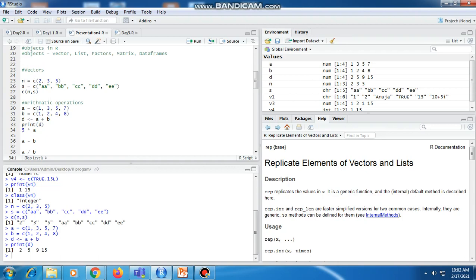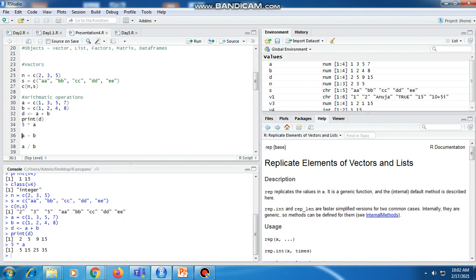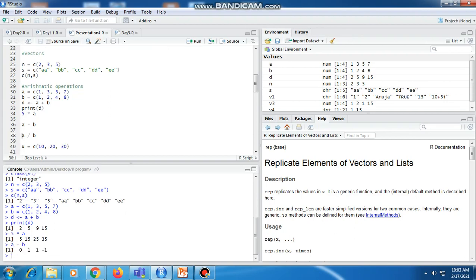If we do multiplication of a by 5 into a, it will show us 5, 15, 25, 35 like this. If we do a minus b, it will show the result: 1 minus 1, 0, 3 minus 2, 1, 5 minus 4, 1, 7 minus 8, minus 1.